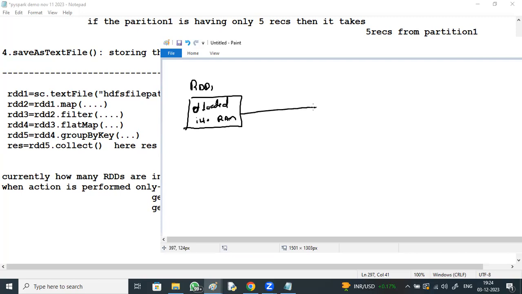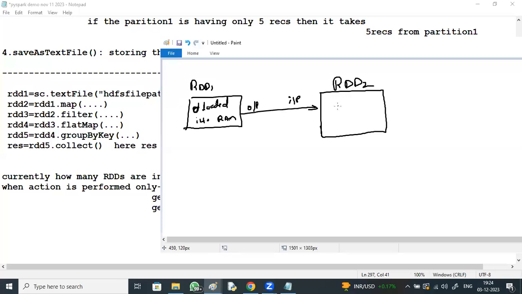The output of it is taken as input by RDD2.